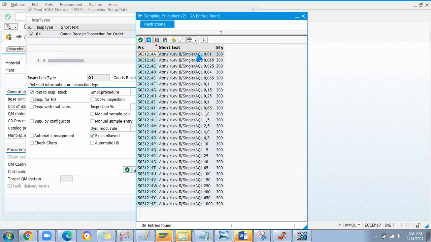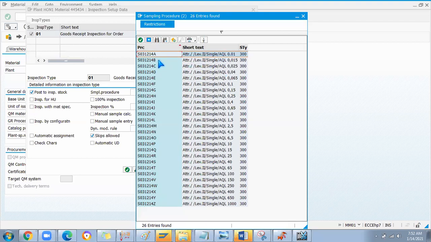Example, if you take a ball bearing, it's a small material, and you can receive a big bunch of stock, and it's not good to check one by one, right? But we can check a few samples out of it. We'll take some 5 pieces, 10 pieces in one batch like that. So that will be decided by this AQL level, and the procedure will be there in the backend, like how we use a pricing procedure. Same way we'll have a sampling procedure in quality inspection.